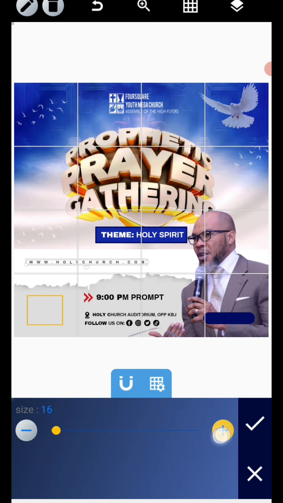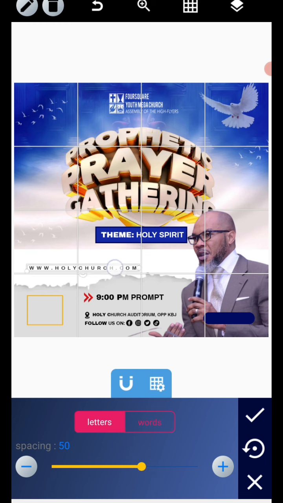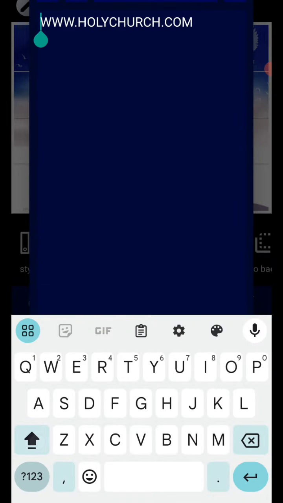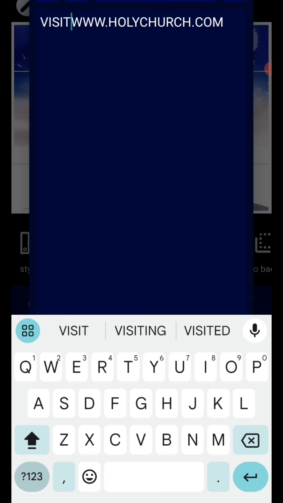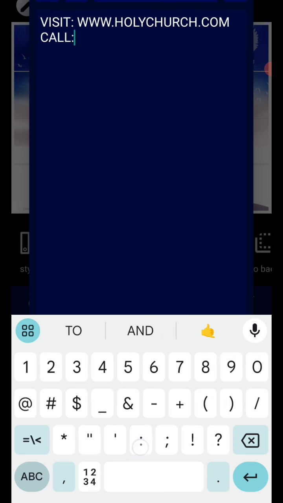Okay, so we can increase the size to this and position it here. So the spacing will be reduced a bit. Okay, so we just have room for that here. So how can we make it more comfortable? We can make it more comfortable by saying